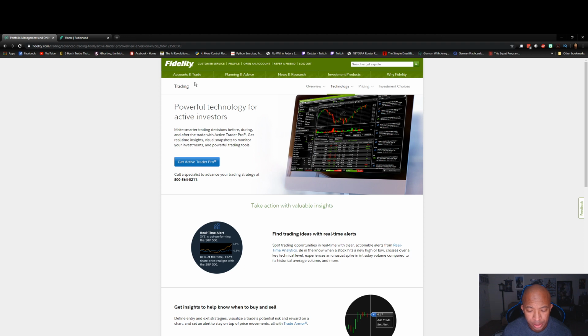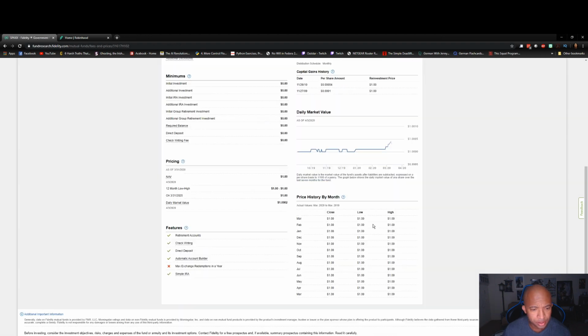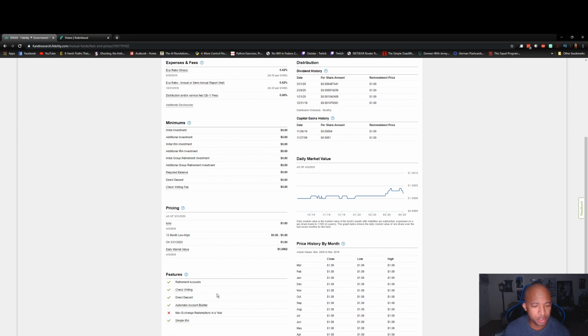Another thing I like about Fidelity is that you can use your money market account for check writing. Now, it's not something I've taken advantage of since I don't really need to write checks and stuff. All my stuff's paid online, but it's nice to know